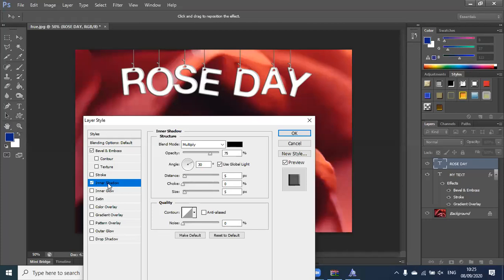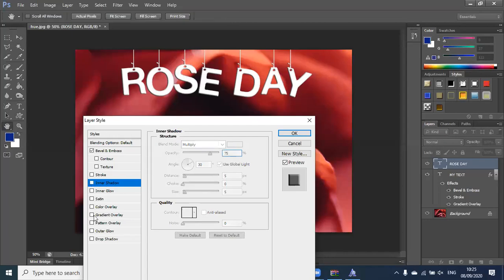Okay, ma'am, difference between inner shadow and drop shadow. We had drop shadow also, right? Here we had drop shadow. Yes, we had a drop shadow. Can you see this? Without drop shadow, with the drop shadow. So there is inner shadow and drop shadow. What is the difference in the two of them? So when I say drop shadow, you know what happens? It's basically falling behind the content of the layer. Behind the content of the layer, you can see a shadow effect, that is drop shadow.